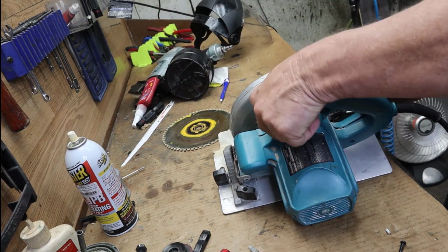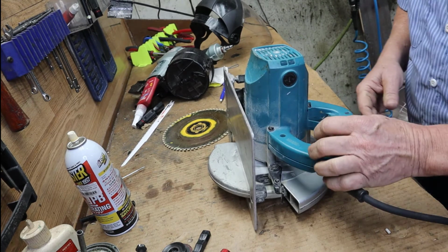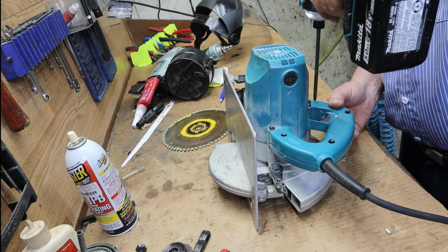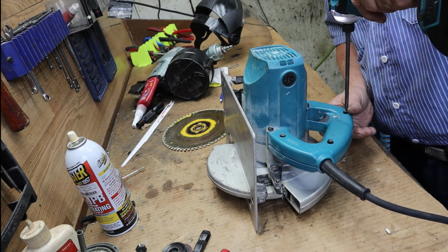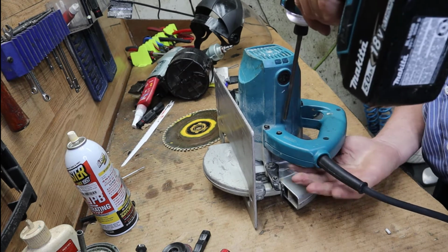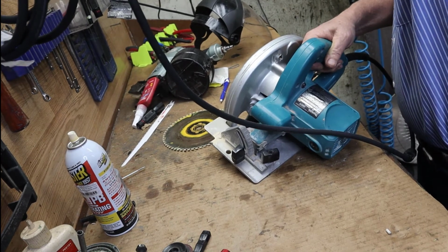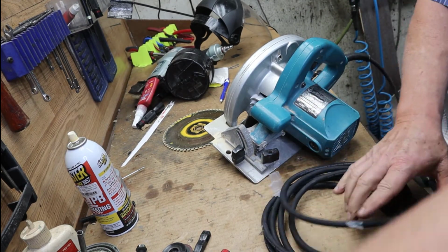So, just so you know, just kind of tap on that a little bit, and just kind of flexes in place. I usually hold it because I want it snug. This one kind of fell right in real nicely, so we just get the 4 screws in, and okay, 4 screws are in. Plug her in. She runs fine,